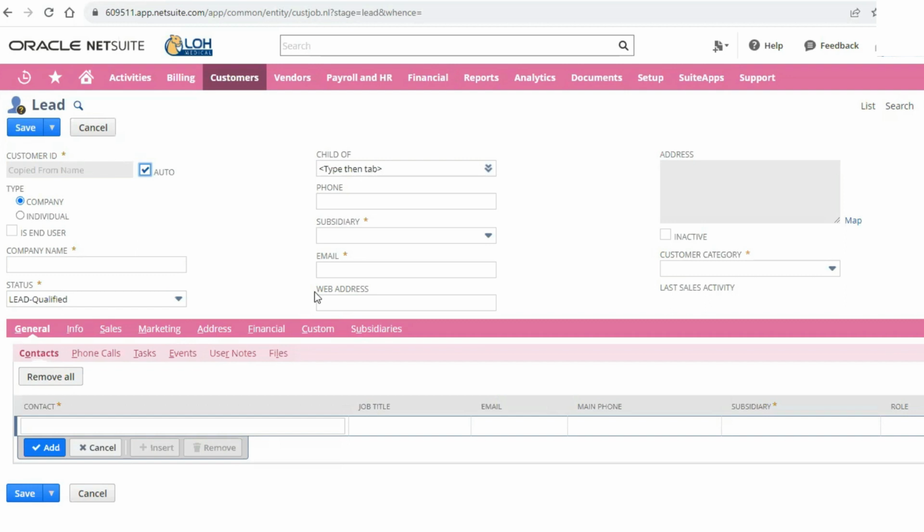So you could create a prospect or a customer from the get-go, but I always suggest we start with a lead to keep track of who needs contact. We can keep track of when they first contacted us and we're entered in the system that way. And you can create transactions from a lead record. So that's why I start here.